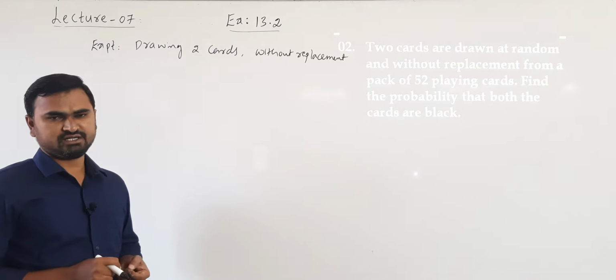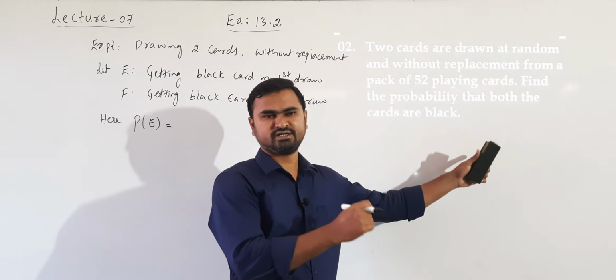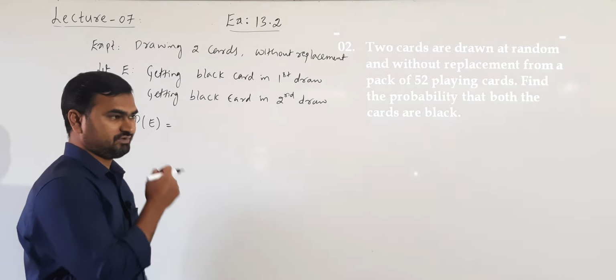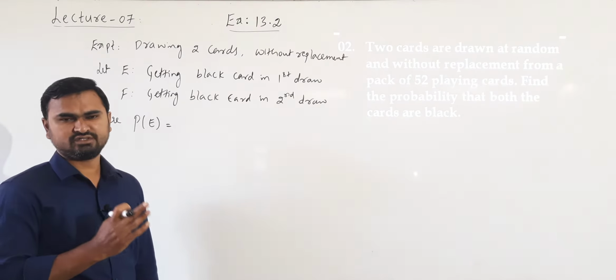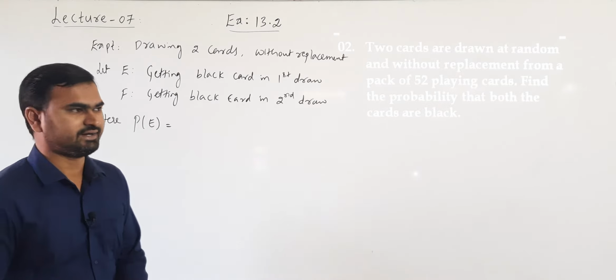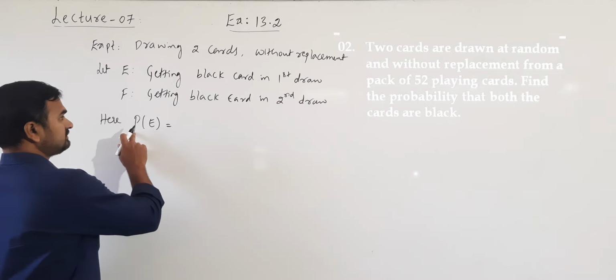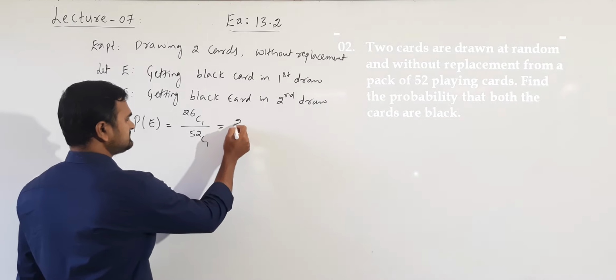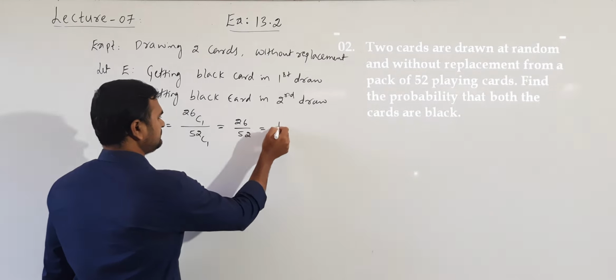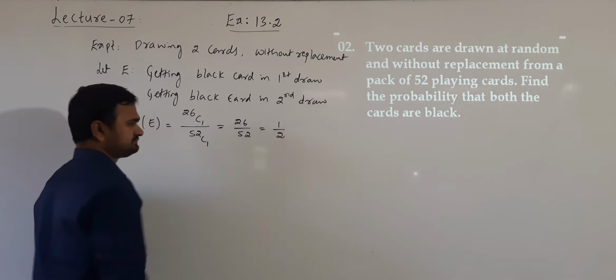So here what is the probability of E? Now for first event there is no condition. Total we have 52 cards. In that we are taking one black card. Out of 52 cards, how many are black? We know half of the cards are black and half of the cards are red. So probability of getting a black card, total is 52. We are selecting one card, 52 C1. In that black cards are 26. In that we are selecting one. Okay, so it is 26 by 52, which is 1 by 2. This is the probability of getting first card as black.